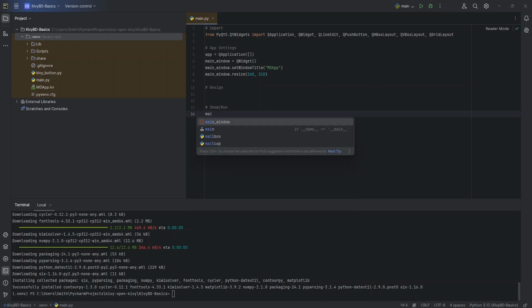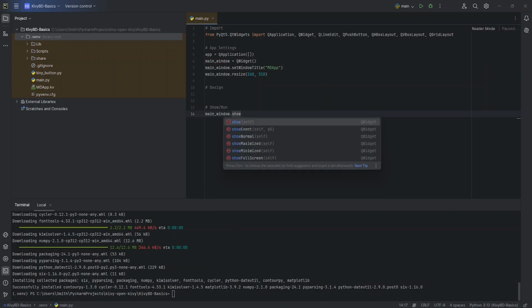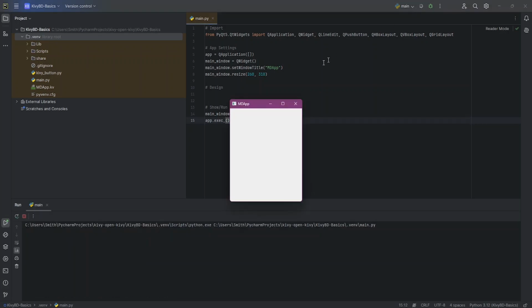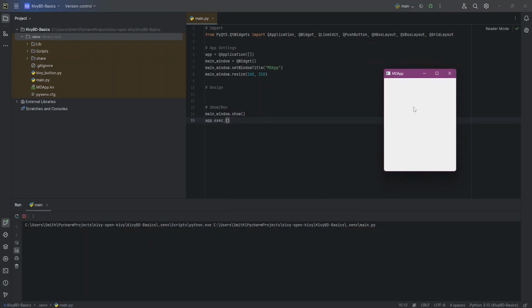But first thing that I want to do is put in main window dot show. So we are showing, or let's say we are representing, our application this time. And you want to put in app.exec, exec, put in an underscore, and then just open up the parentheses. Now, if I just run the whole thing, and if I check this, you can see that we have our